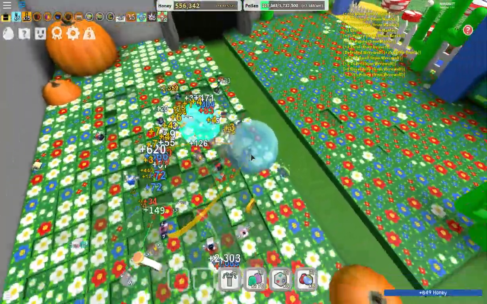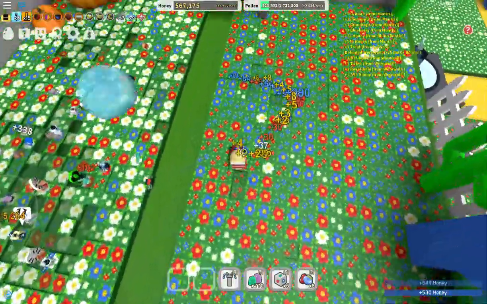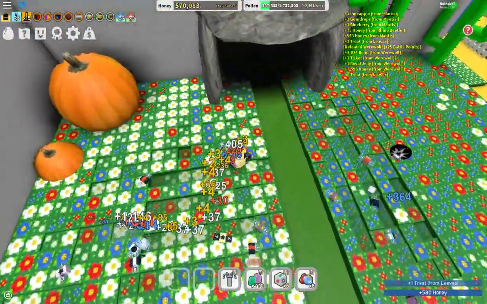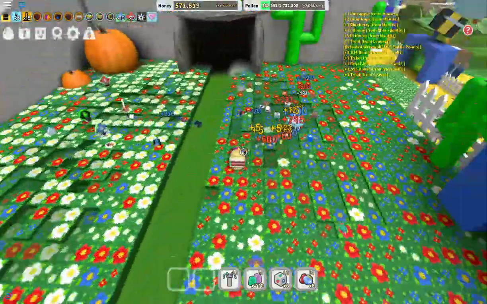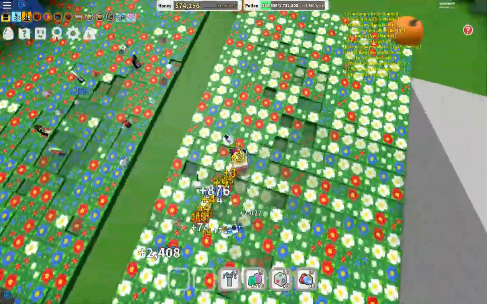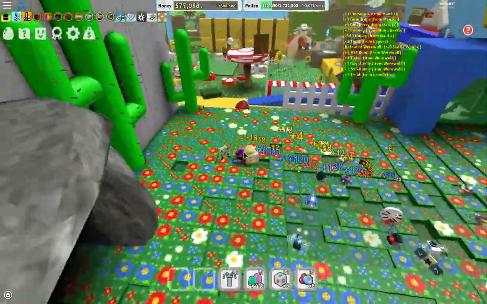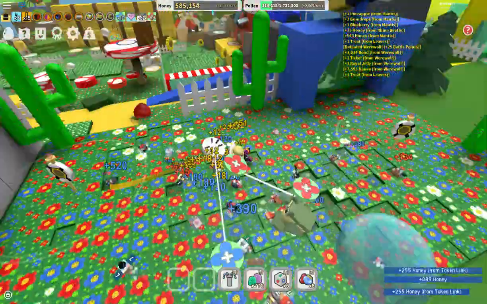But you could also do the cactus field. So if you have a lot of red and blue bees, then go to the cactus field. If you have an even amount of all bees, go to the pumpkin field. But if you have a lot of bucko bees and diamond bees and shy bees and